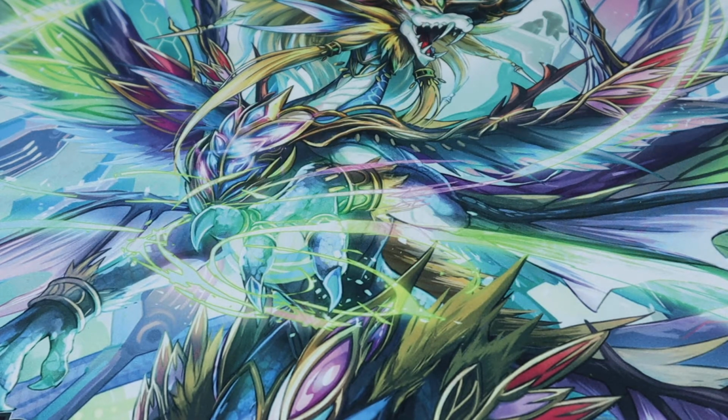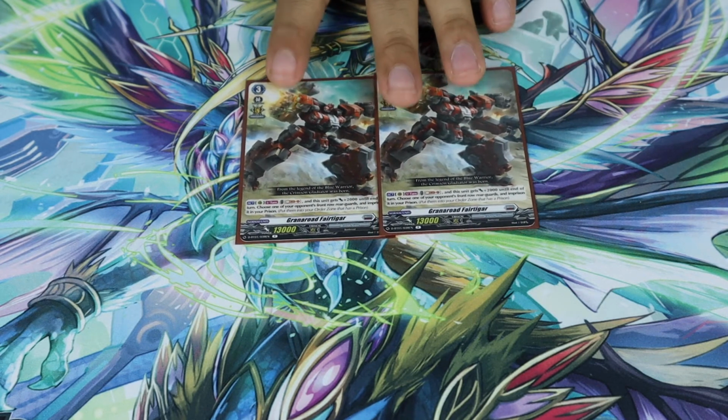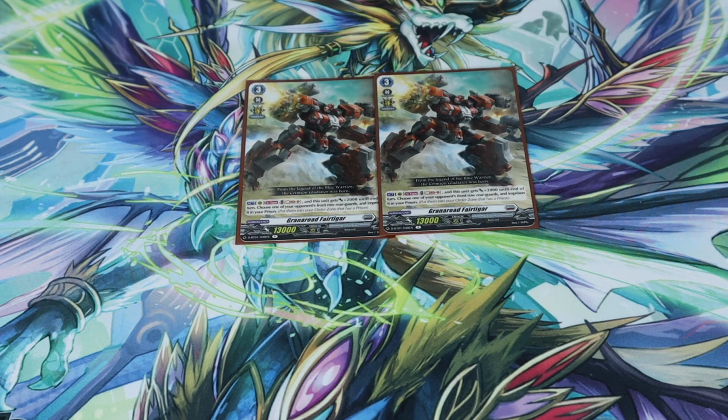For my next grade 3, Granite Road Fighter. Now, Granite Road Fighter is another one of the units that gains power and another front row imprisoning card. You're mainly just playing this card because it's an act ability where, if you don't want to use Counterblast, you can use Soul instead to imprison a unit and get power, making the 15k attacker,